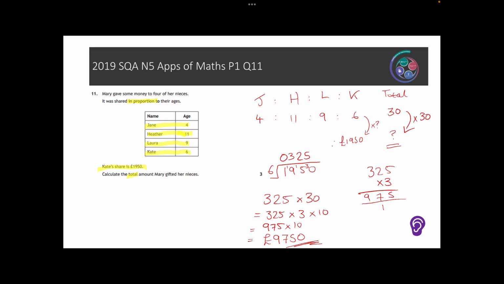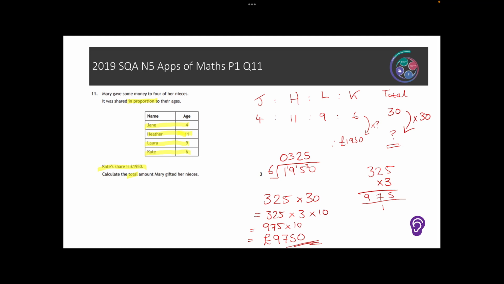And so you can see that I'm using that skill again of having to multiply by a 2-digit number. So it's a really important one that we can master. My first mark there would come from working out what one share is. So how much is 1 year worth, basically. So 325 would be my first mark. My second mark would be working out the total ages, and then my third mark would be working out that